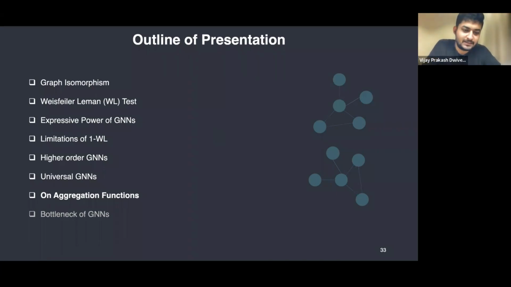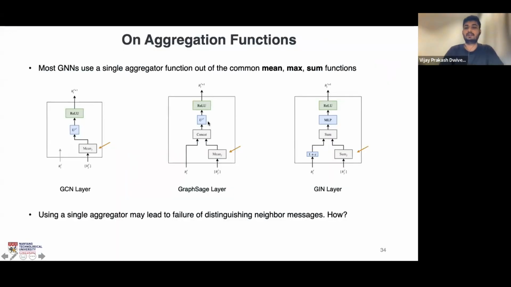Now we come to the discussion on aggregation functions. This continues the discussion we had earlier, that sum is an injective function, and the conditions under which mean and max aggregation functions fail. So let's see the failure condition of the sum as well. All of these popular GNN architectures use only a single aggregation function, for example mean, sum, or in other architectures, max. The use of a single aggregator may lead to failure in distinguishing neighbor messages. And how this failure arises,